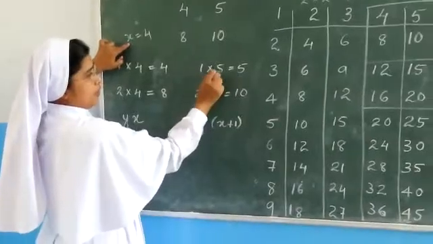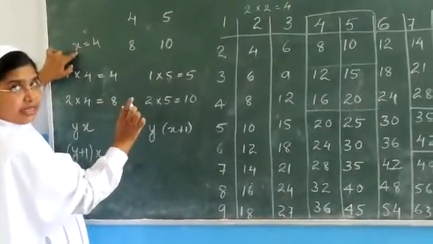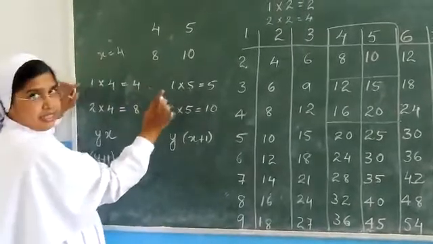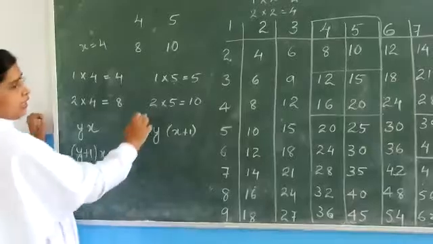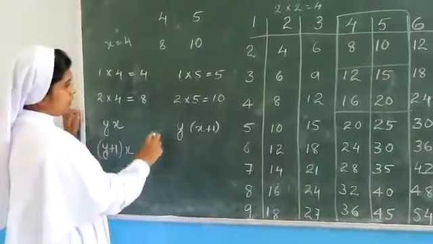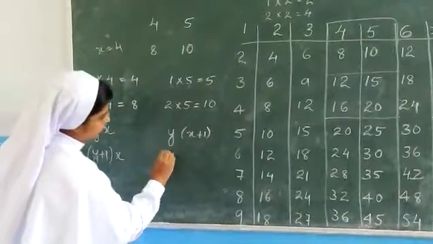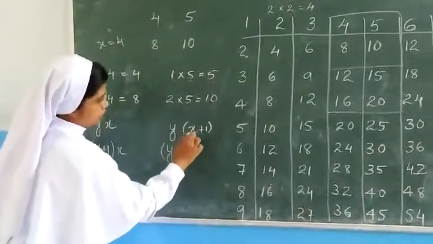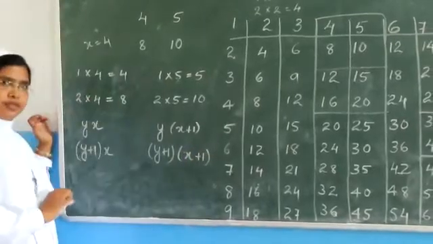So when we relate with the x, we can say that this is 4 and this is 5. 1 is increased. So x plus 1. Okay. Next one, 2 into 5. Here what we wrote for 2? For 2 we wrote y plus 1. And 5 is the same. So we can write x plus 1.